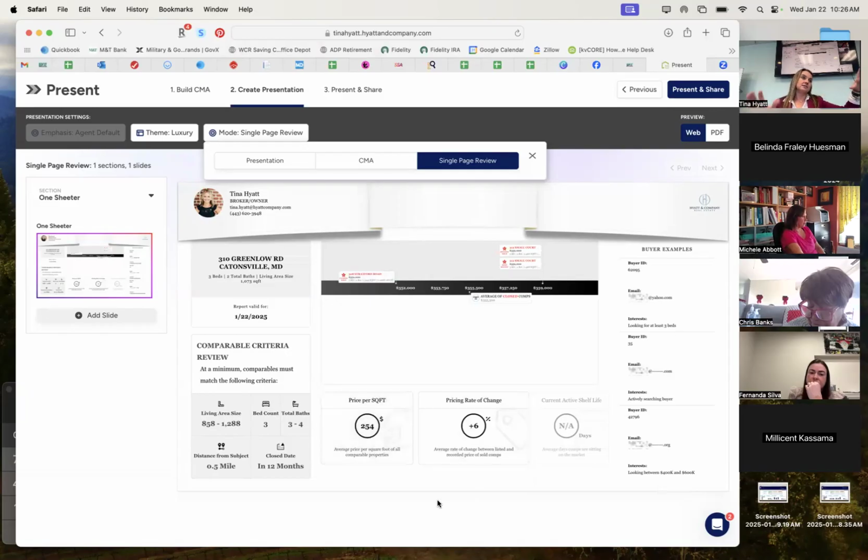So if you're somebody that does the listing cards, and you have your card presentation, do you do the listing cards, Hamid? Yeah? Okay. In the box, you do that presentation. So the one-sheeter, the single page review, would be really good for you because you could print that and then either laminate it or just take it along with your cards that you're presenting.